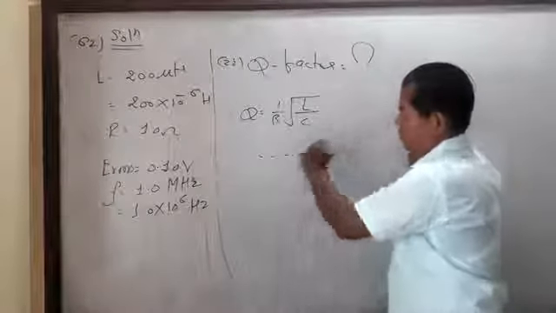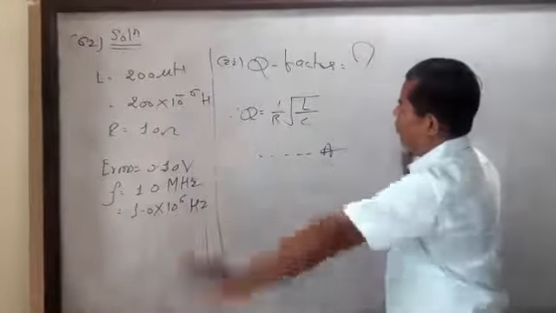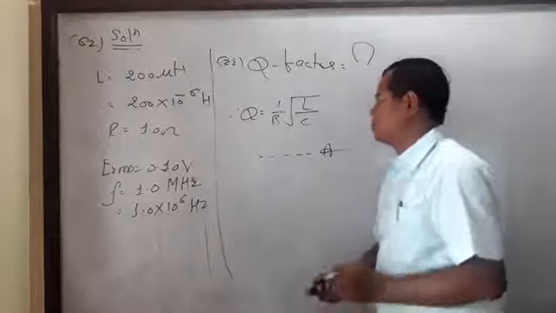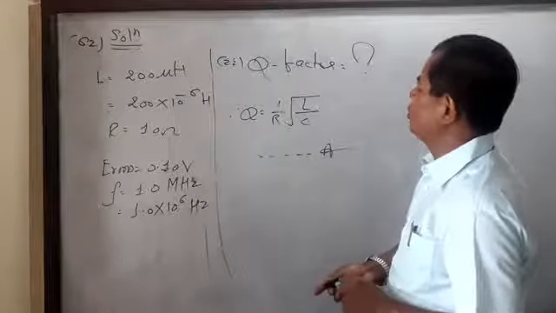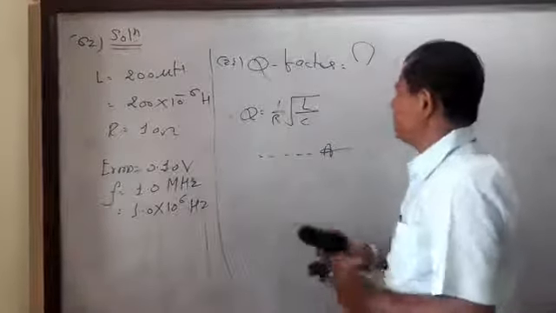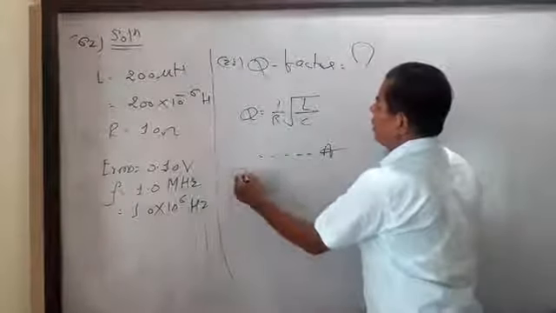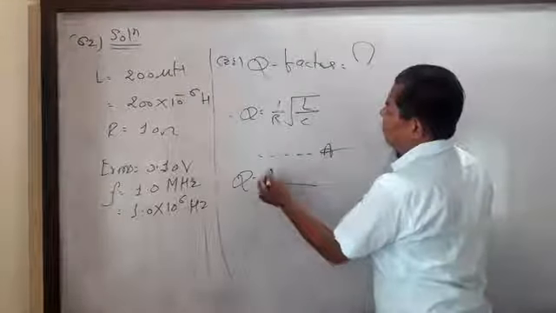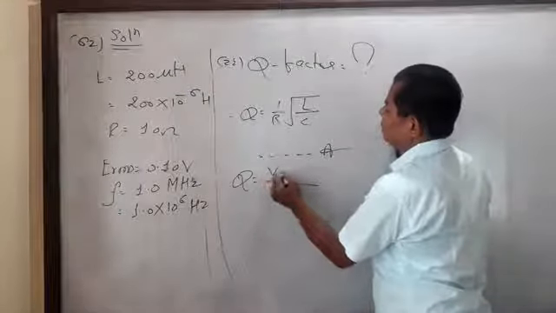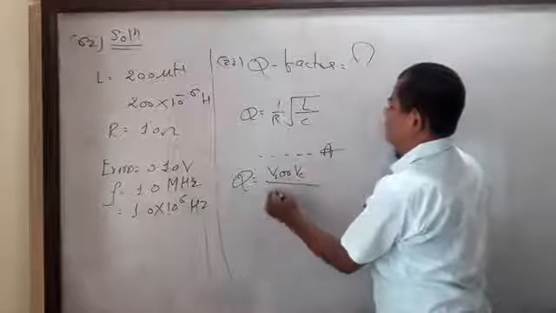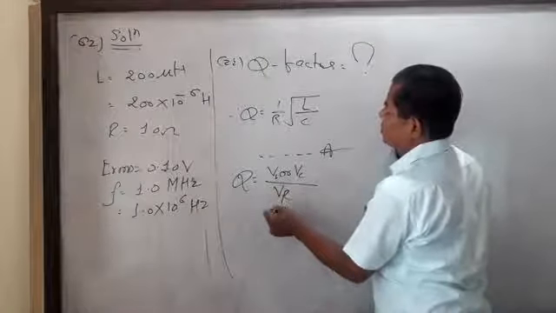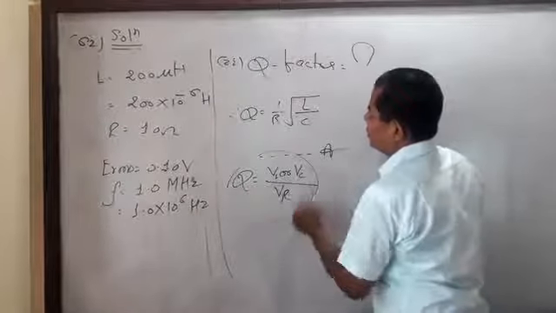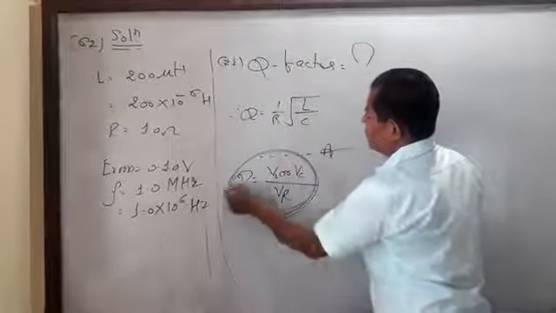The answer has no unit. It is unitless, because it is a ratio of the same physical quantity. What is the Q factor? The quality factor is defined as the ratio of the potential developed across VL or VC divided by the PD developed across the resistor at resonance. This is the formula of quality factor.